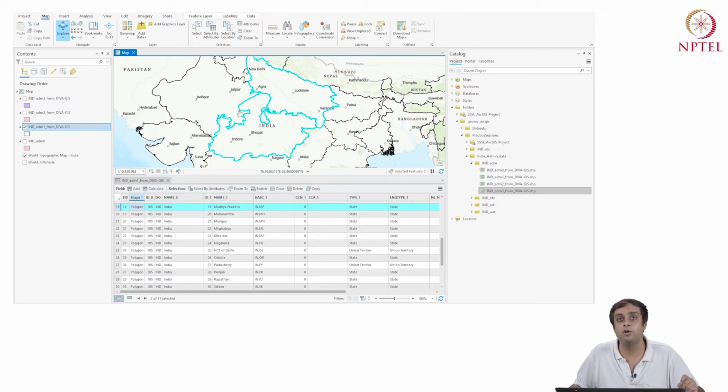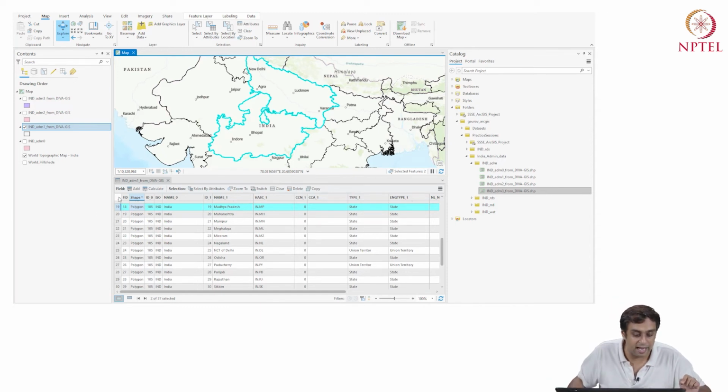Now, if I want to remove selections, it's a very interesting one. I can just click on clear, right? I can also delete them, but don't do that, because it's permanently deleted. You will then have to download the data again. So you have to be very careful with these functions.